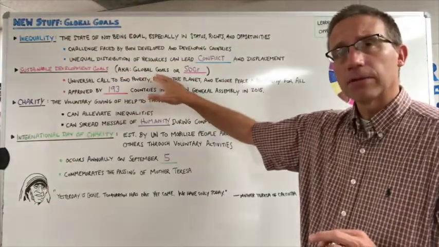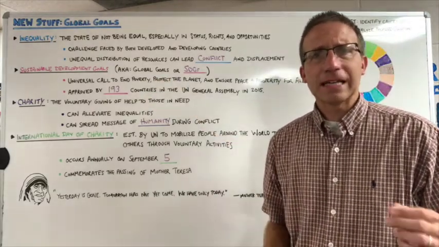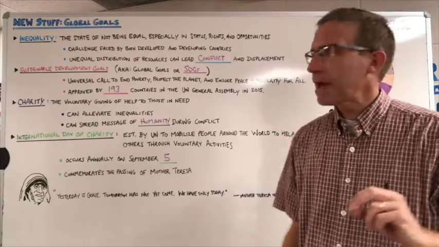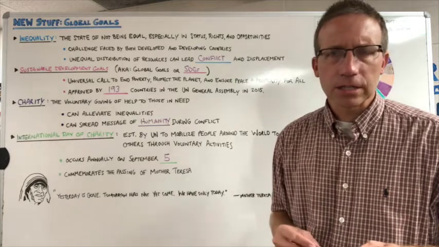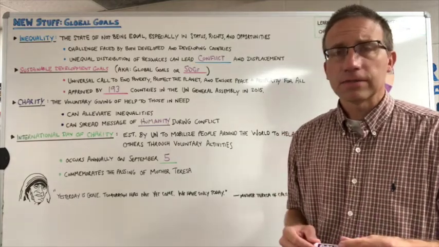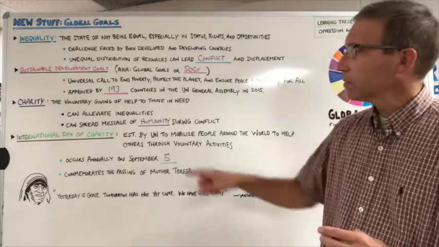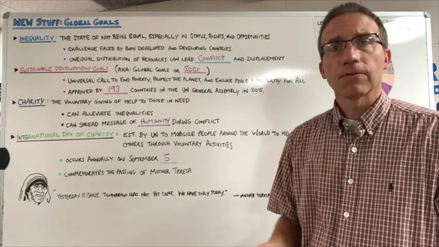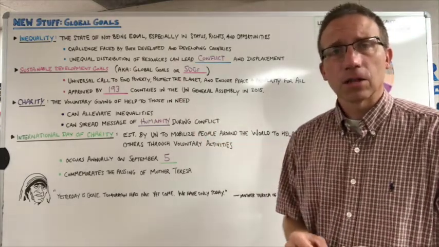The main reason that we want you to be familiar with these Sustainable Development Goals is that throughout the year in Perry Service Learning, any time that you volunteer, you're going to tie that volunteer activity back to one of the 17 global goals established by the United Nations in 2015. And at the end of this week, we're going to celebrate the International Day of Charity by going out into the community and performing a variety of activities that tie back to some of these global goals.